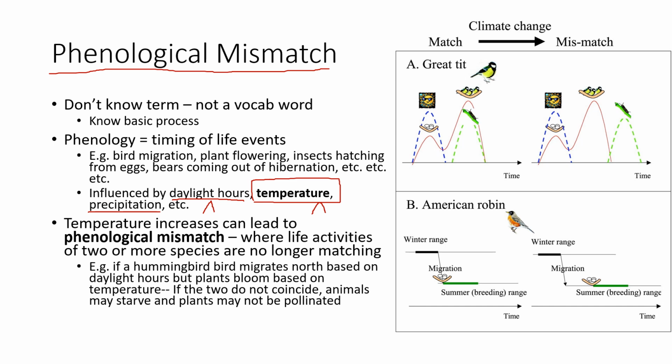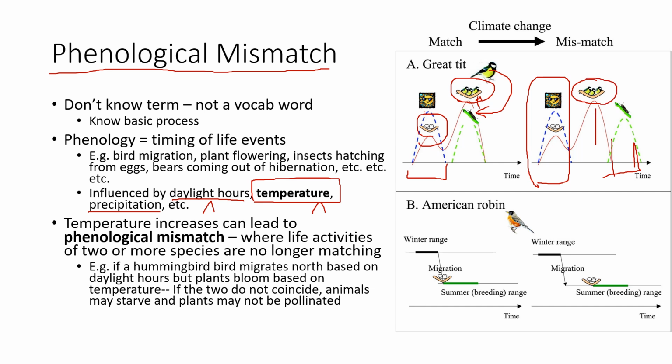And the examples that we see over here on the right, if the birds historically laid their eggs based off of sunlight hours earlier, and we have the eggs hatching. Maybe this is based off of temperature with the sun, I'm not sure. The eggs hatch, and then those young chicks are ready for the adults to get the caterpillars and bring it to the chicks to eat the caterpillars. If they start nesting earlier based off of temperature, but the caterpillars are later based off of daylight hours or something, then those chicks may go hungry because they're not there at the same time